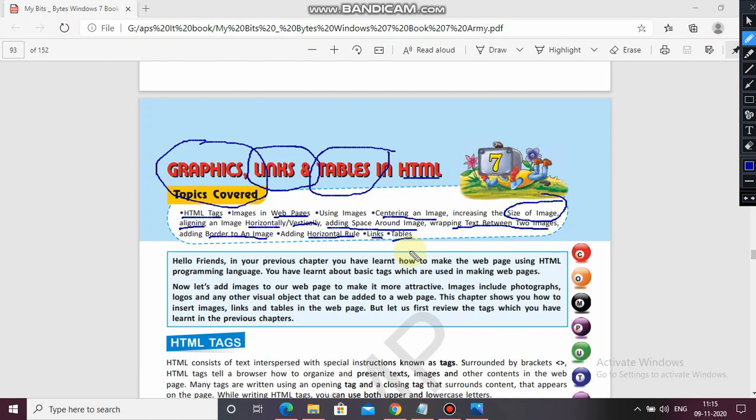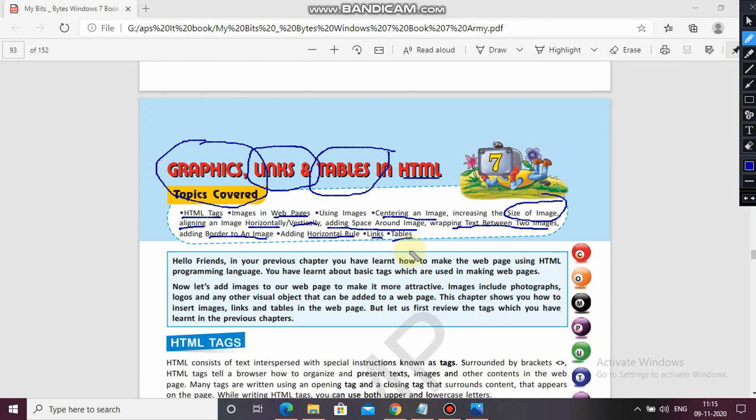So here it is written, hello friends, in your previous chapter you have learned how to make the web page using the HTML programming language. As you already know, HTML is a programming language through which, with the help of tags, we can create a creative, attractive web page. You have learned about basic tags.